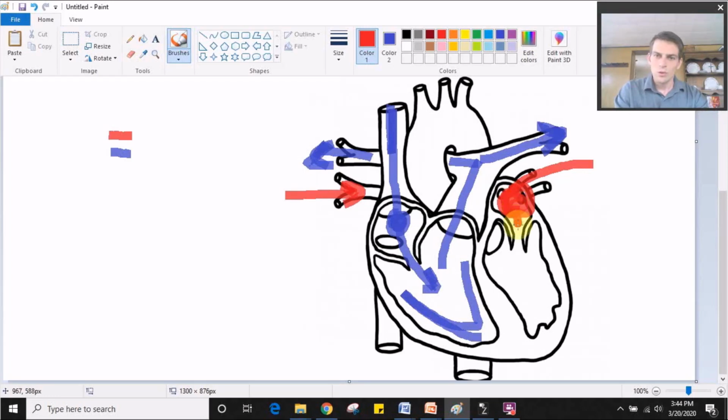From the left atrium, it'll go through this valve into the left ventricle, and the left ventricle is very strong because it has to pump to the rest of the body. So if you get a chance to do a heart dissection, which based on our schedule, I don't know if you'll be able to this year or not, we'll see how things play out. But if you get to do it, you actually get to feel the muscular wall of the left ventricle is much stronger than that of the right ventricle.